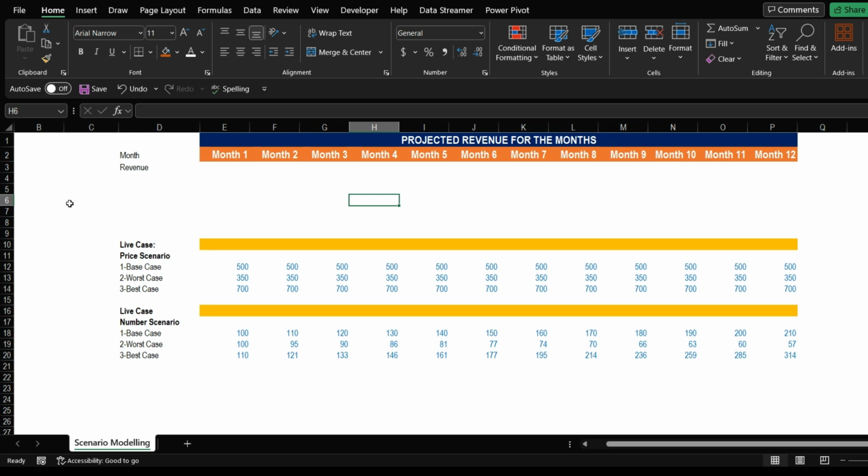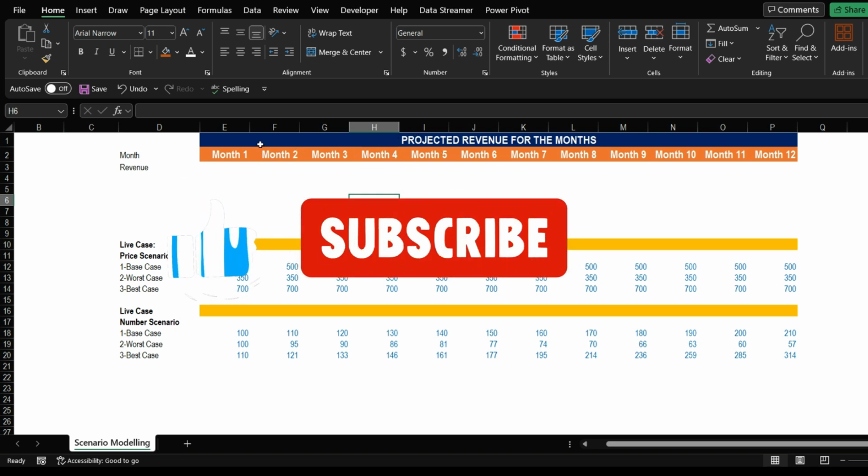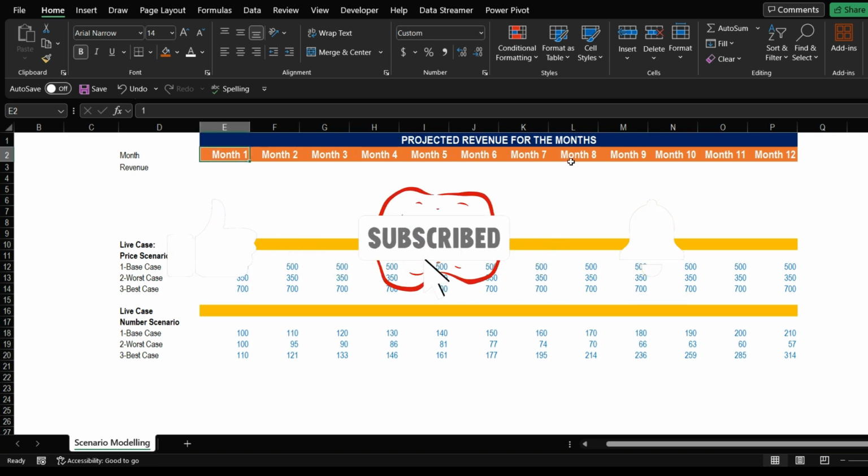So today we'll be learning how to develop financial modeling using scenario analysis. Sometimes when you are developing financial modeling, you may like to present different options to the users. So for example, we have here revenue for the month, where we have the revenue for month 1 up to